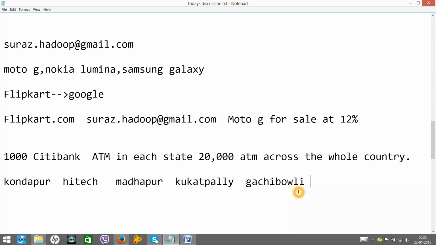Now I want to find out which ATM out of these has done the maximum transactions in the last 10 years. So the query is: last 10 years, maximum transactions. It's very difficult to identify, because you will have to take the details of 10 years, and then you need to analyze and write some sort of queries.